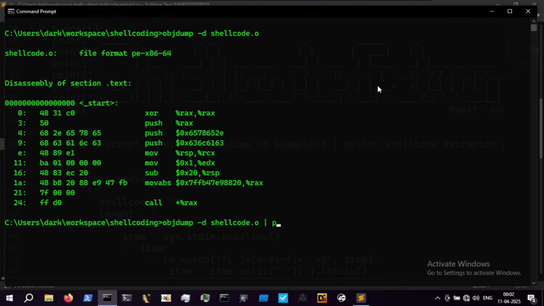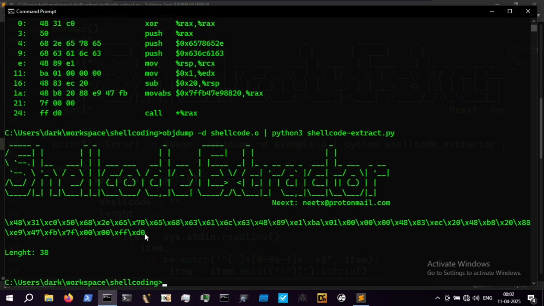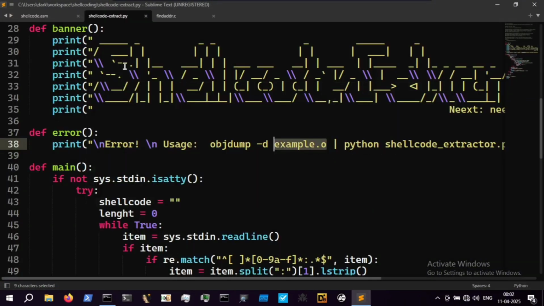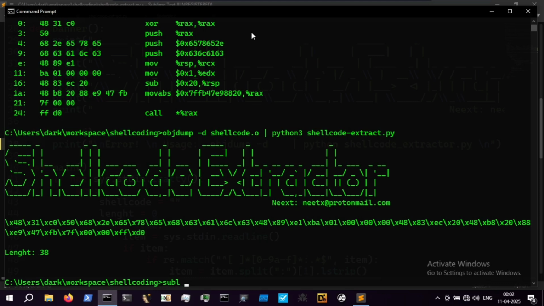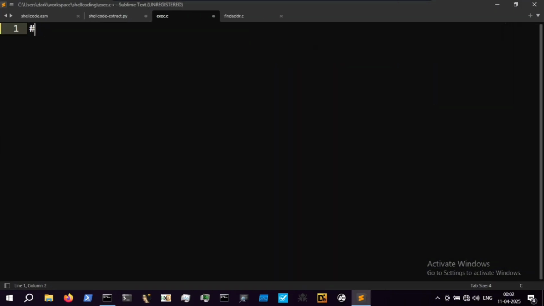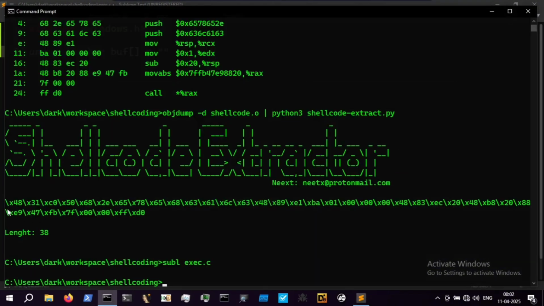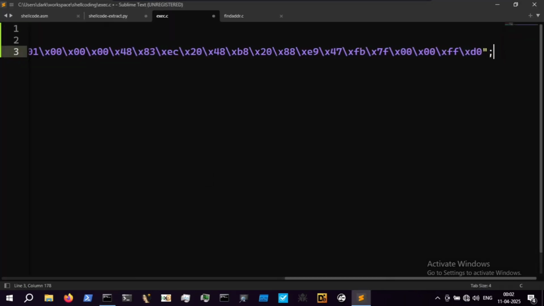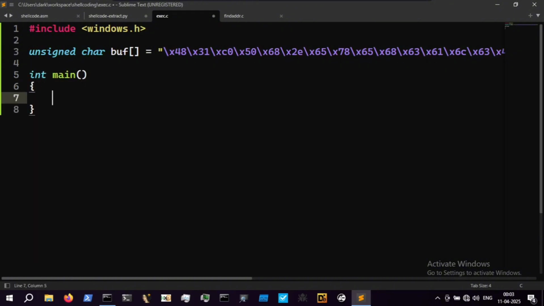Then what we have to do is python3 shellcode_extract.py, and it has printed the shellcode with the length 38. Okay, so what we need to do is create the shellcode runner. For that, we just create x64.c. We include windows.h. We make unsigned char buff equal to this string right over here, slap that in, semicolon at the end, create the main function, create the return 0, then first function, handle